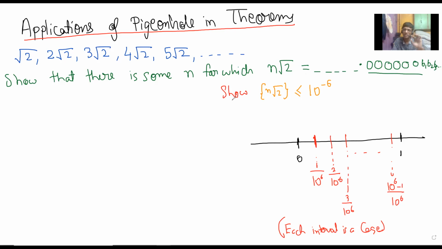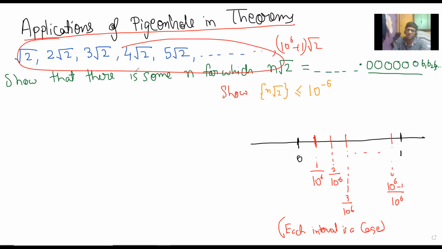But we are going to do this in a classical pigeonhole style, and this is mostly the only way in which this is done. It's simple enough. So if we want to do it classical pigeonhole style, then what should we do? We should obviously take till how much? We should take till 10 to the 6 plus 1 root 2. You guys agree? This is not a surprise. If I'm taking that many terms, then what can I say? There are two terms in this list which lie in the same cage. Clear? This is hardly surprising.